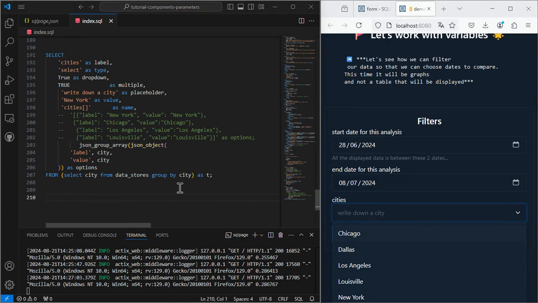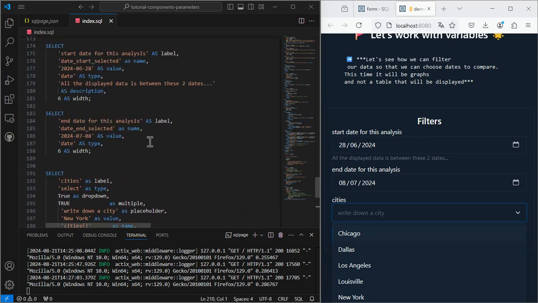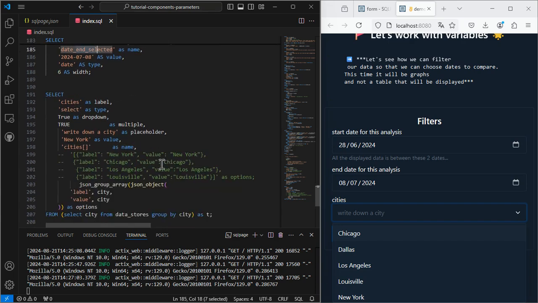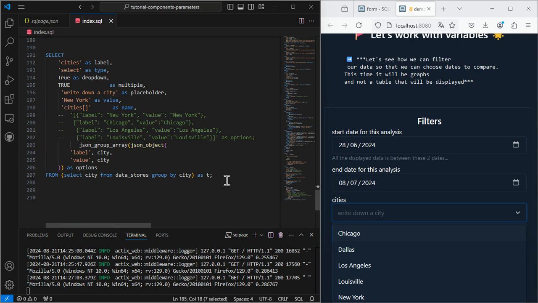Now we have our 3 filters: start date, with the variable name being date start selected, end date, with the variable name being date end selected, and cities. Let's call the chart component to demonstrate how to use this variable.